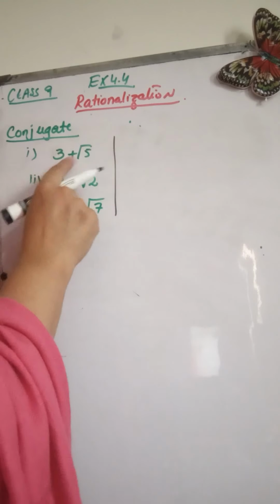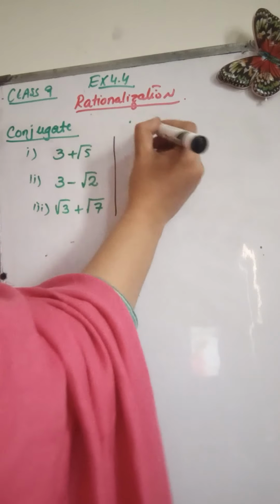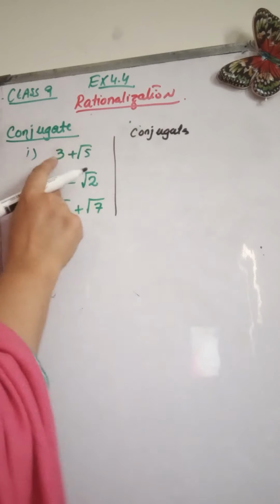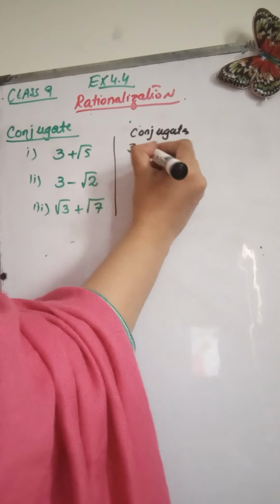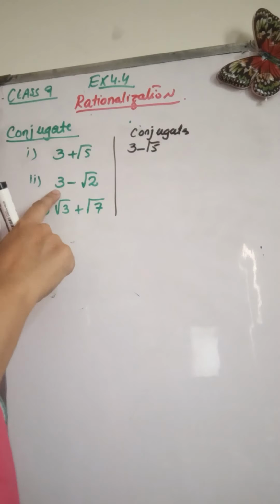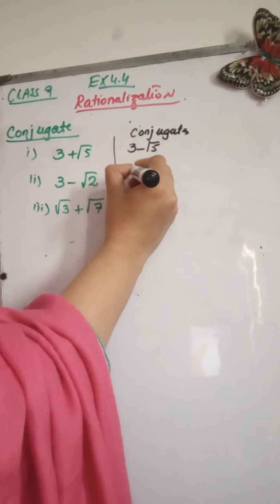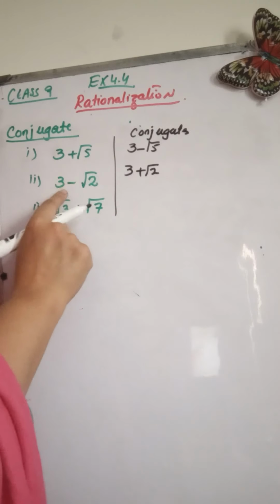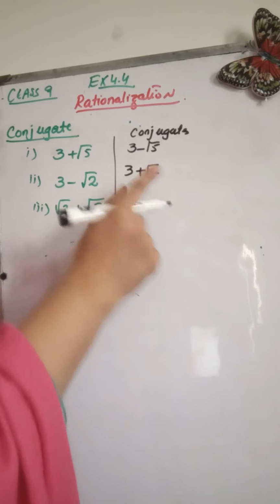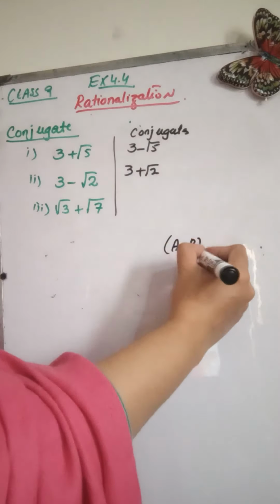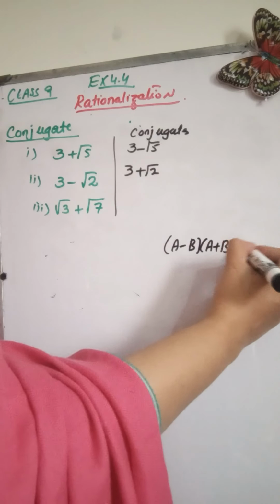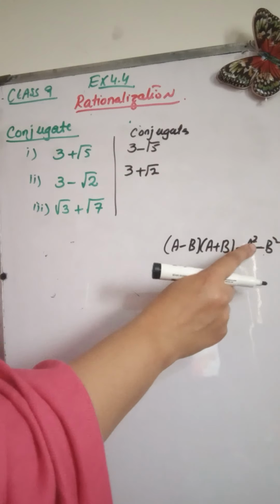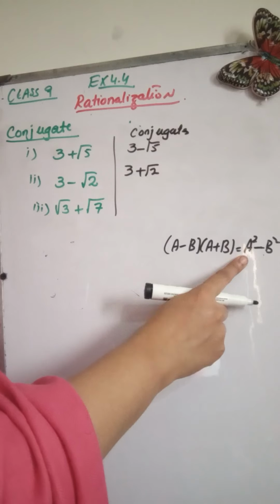Okay, the conjugate of 3 plus under root 5 will be 3 minus under root 5. The conjugate of 3 minus under root 2 will be 3 plus under root 2. You are going to just change the sign so that you can apply the formula a minus b and a plus b, because that formula gives you a plus b into a minus b is equal to a square minus b square. This formula actually gives you the square which cancels out the radical sign,